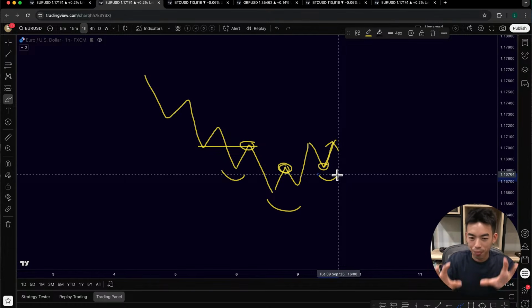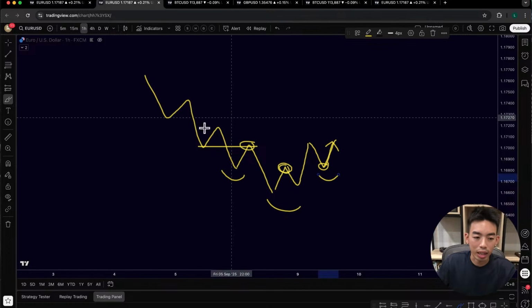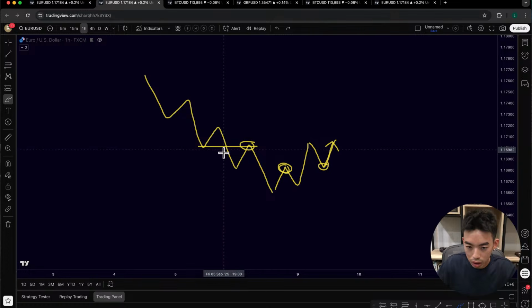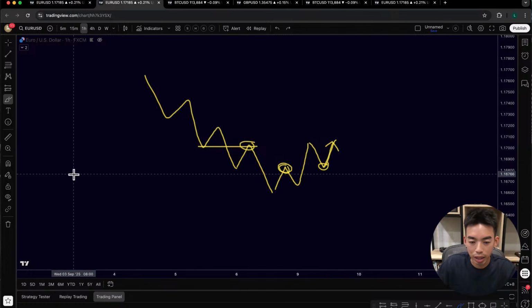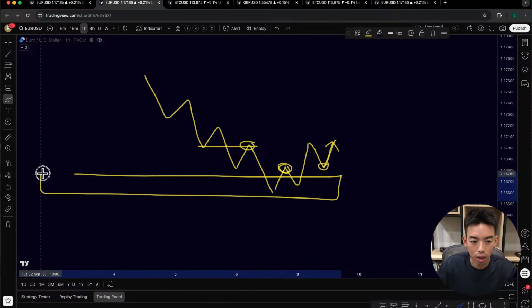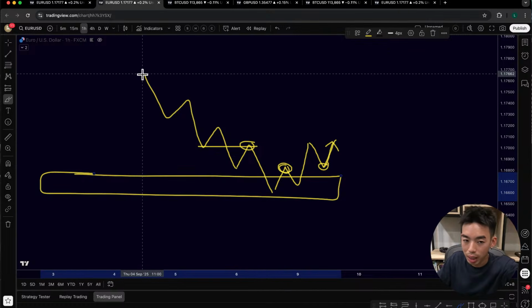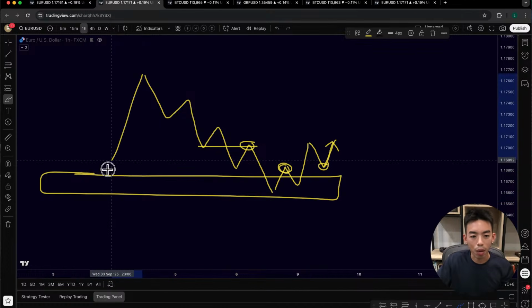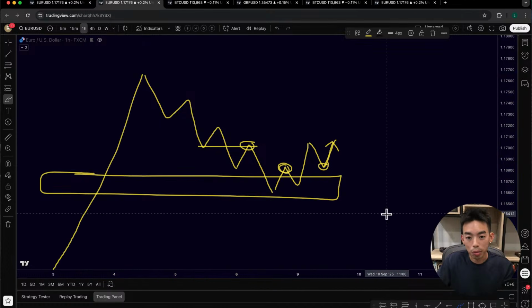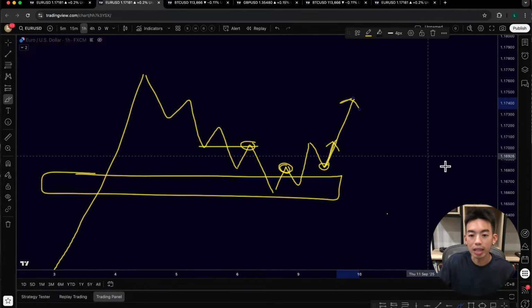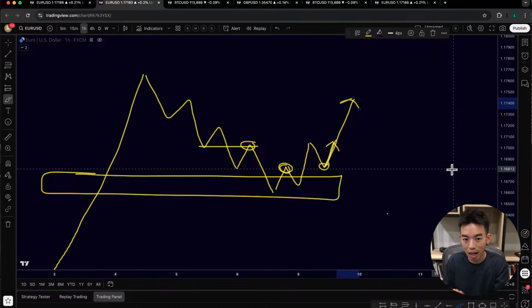Regardless of the pattern, I want you to now focus on the higher time frame context, the bigger context. If this thing here, right here, let me just remove this. If this reversal situation is happening at a much higher time frame SNR like this, okay, and let's say on a higher time frame, we are coming down from an uptrend like this, the chances of this going up is extremely high.